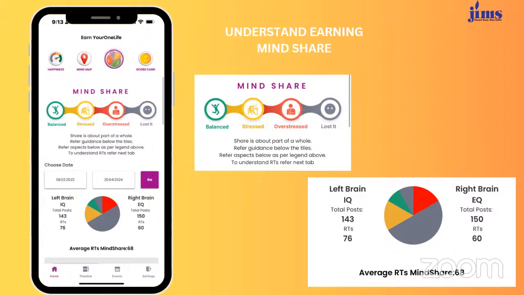So, it just goes there and tells you how to calibrate your own life. You don't need a guru, you don't need a scientific advisor. You just need this app to understand which way you are going. Imagine yourself with your right bicep, which is 18 inches, and your left bicep, which is 12 inches. How odd would that be, right? So it's that simple. Now let's go on to the next slide, ma'am. The mind map.